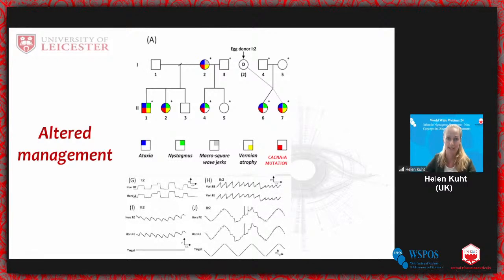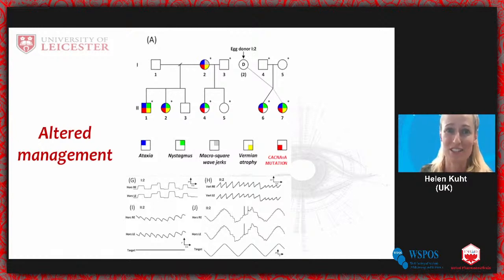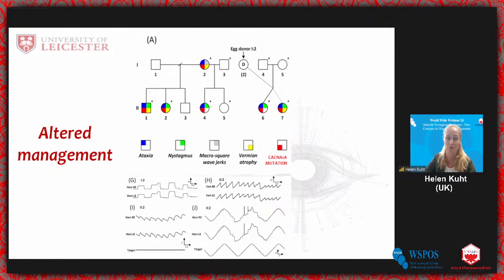From the eye movement traces here, you can notice that the nystagmus is multiplanar, although it is predominantly a downbeat nystagmus. Our nystagmus gene panel identified a splice mutation in CACNA1A, which is a calcium channel gene, and this is known to be responsive to acetazolamide. So using this information, we were able to start the family on acetazolamide, and remarkably, the family's symptoms improved, so much so that the children's school attendance also improved. This was a fantastic outcome and just highlights the importance of genetic testing to help alter the management.